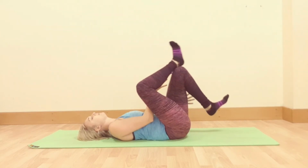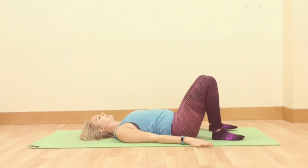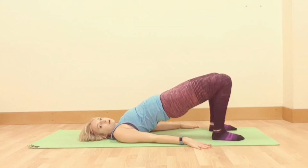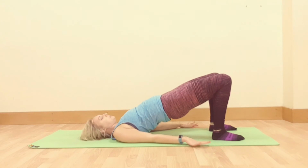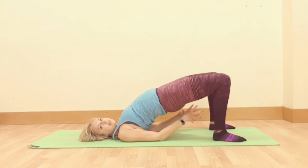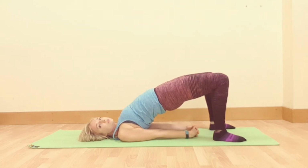Good, so once you've done that one, release feet directly underneath the hips, tuck the tailbone, squeeze the glutes, and lift the hips up to your bridge pose. So we have a few options for our bridge pose. You can either stay here. Sometimes it's nice to walk the shoulders underneath, lace the fingers, try and squeeze your glutes to lift the hips